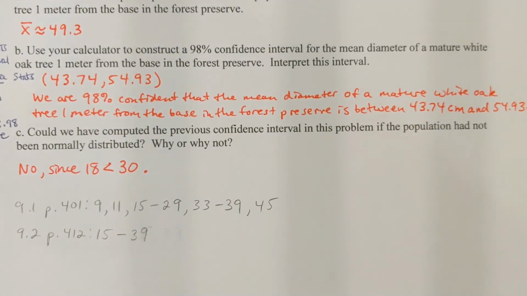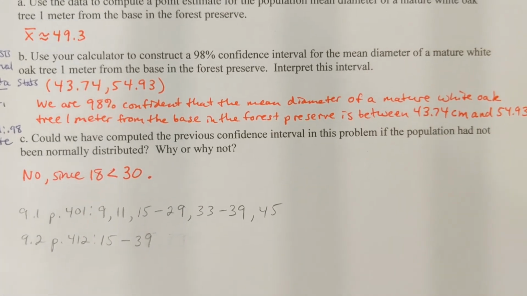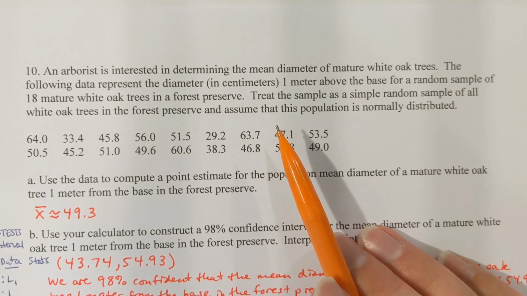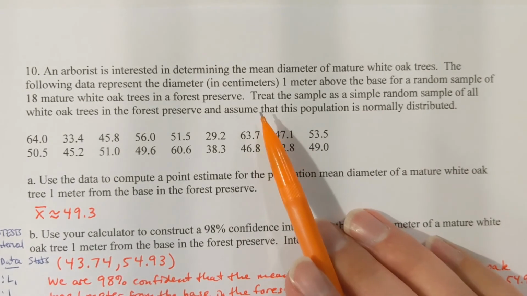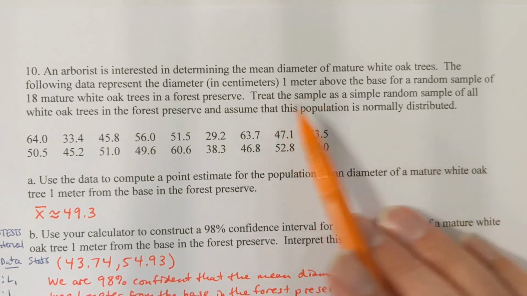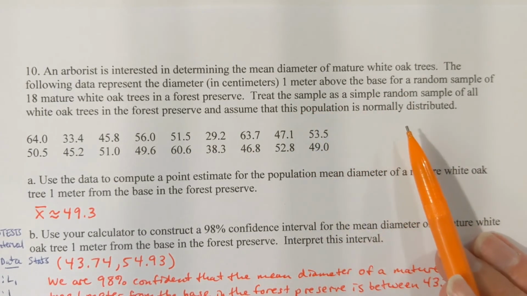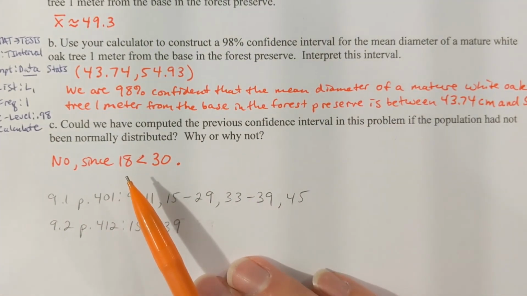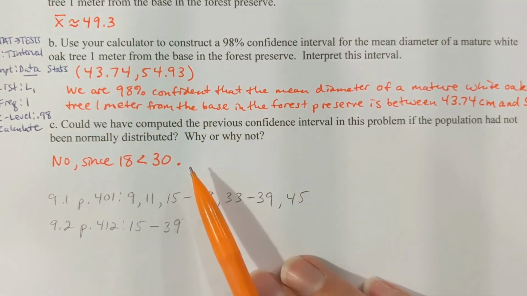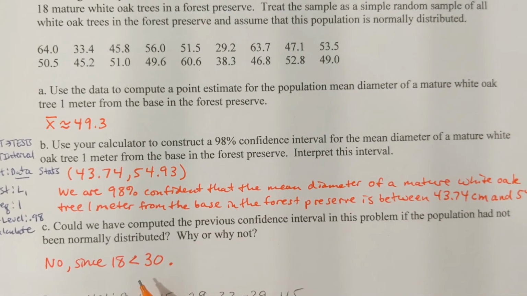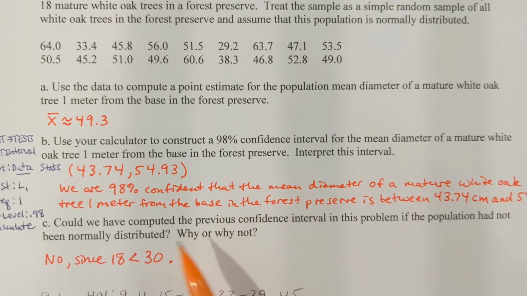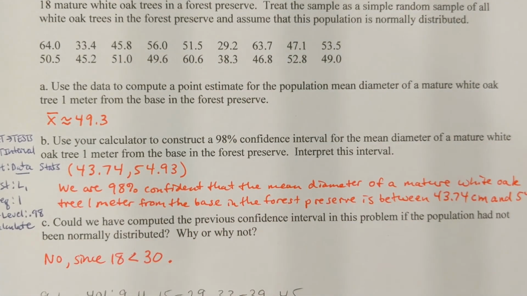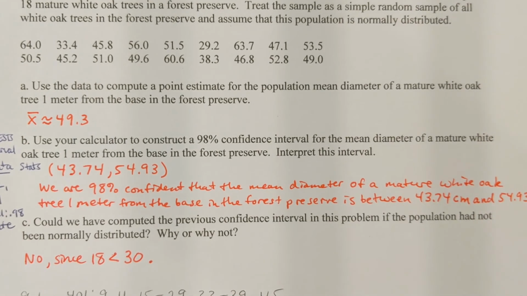Part C, could we have computed the previous confidence interval in the problem if the population had not been normally distributed? So they told us that the data is, we're assuming that the population is normally distributed. Now that probably could be very easily overlooked, but it's actually a key part of this problem, because if they didn't tell me that, then no, my calculation here would not be meaningful, because I don't have a sample that is at least 30, okay? You have to have a sample that is at least 30 for non-normal populations, otherwise the interval is a waste of time. It didn't fit the initial condition,